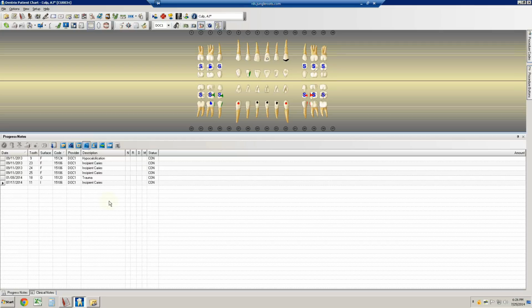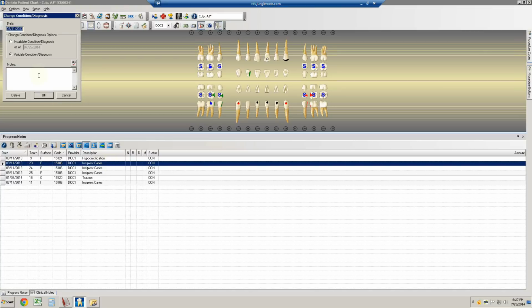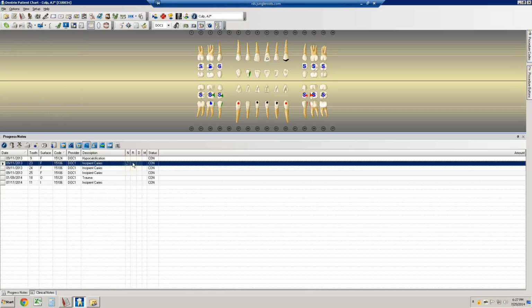If you want to make a note specifically, and sometimes you'll have little notes that show up in this section, they're important to read if you're interested in that particular area. For example, I will double click on this incipient caries 23, tooth number 23, and it brings up the note window. You click here and we'll just write a note. AJ needs to brush better, and then hit OK,